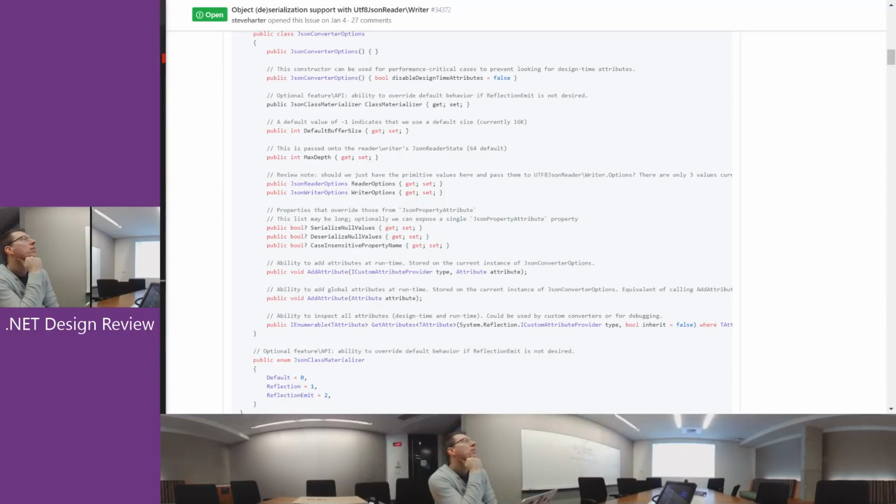I'm just saying 50% because that sounds like I can't be right or wrong. And case insensitive property name controls, when you deserialize, whether you map them case sensitive or case insensitive? Yeah, so